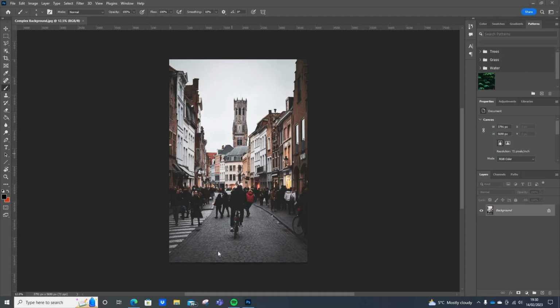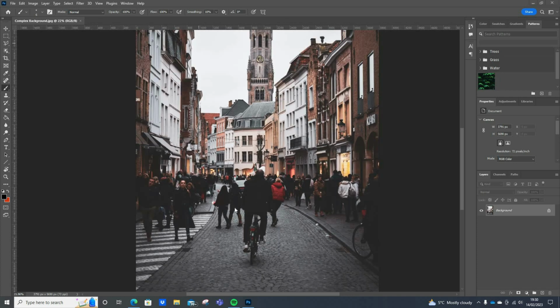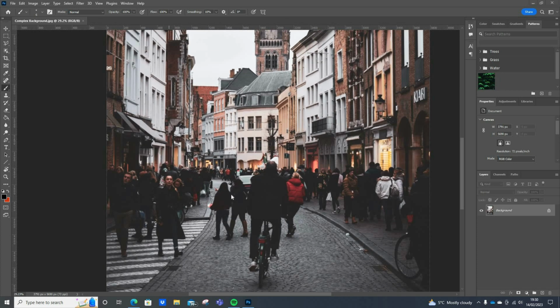Alright folks, so in this video I'm going to be showing you how you can use the object select tool and a few other tools as well, if you have an image that you want to cut something out of that has a very complex background. So you can see on this video here, this, which you've all seen before because I did it in a lesson